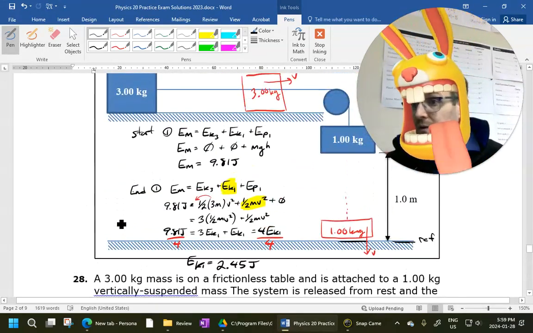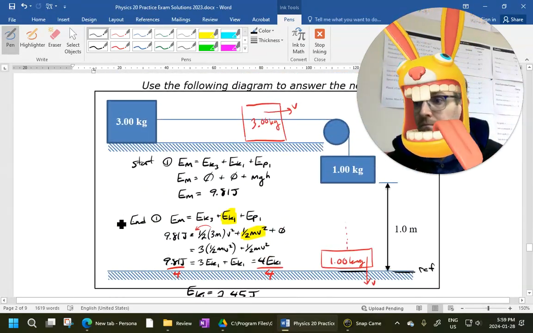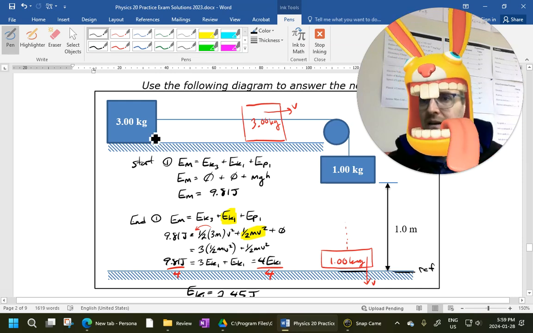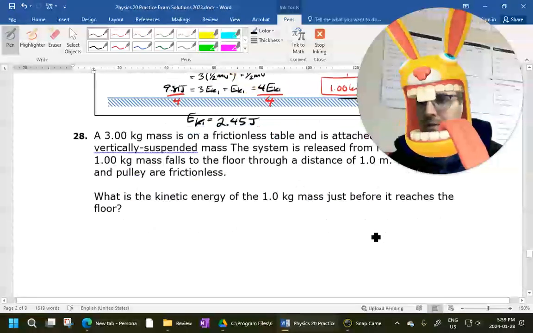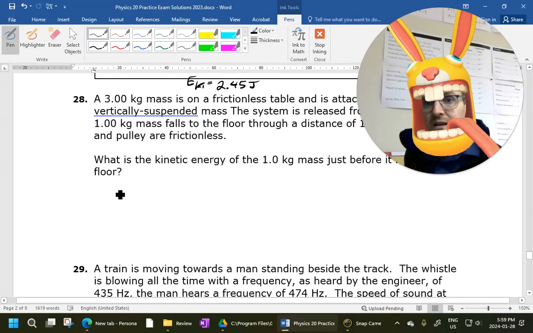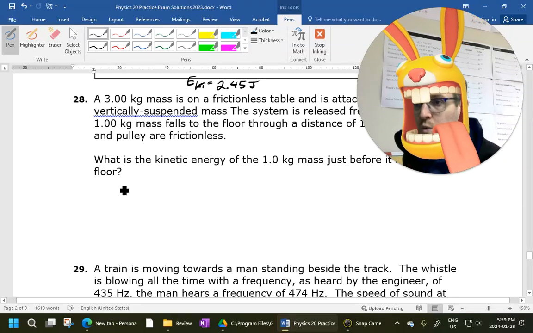Let's see if I can do it the other way. Right? Got a little bit of time. Do I? A little bit of time. Let's see if I can do it the other way. Let's see if I can find out how fast it's going. So the first thing I need to figure out is it's on a frictionless surface. What is